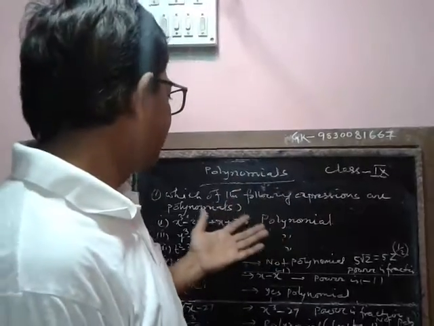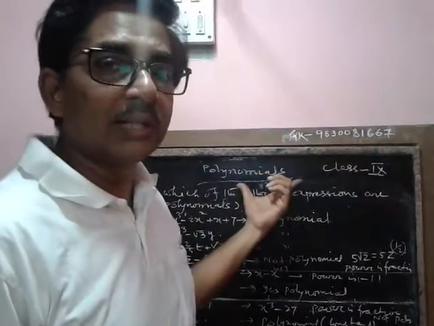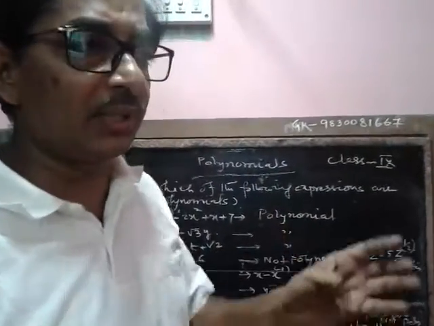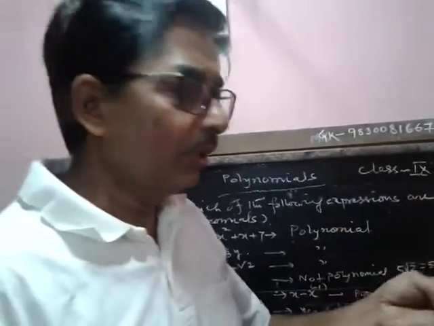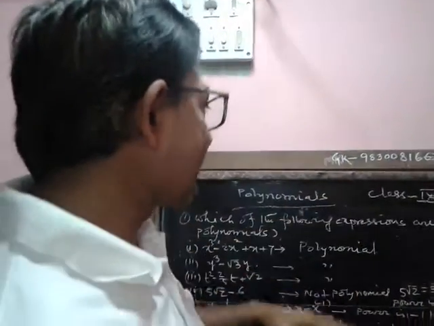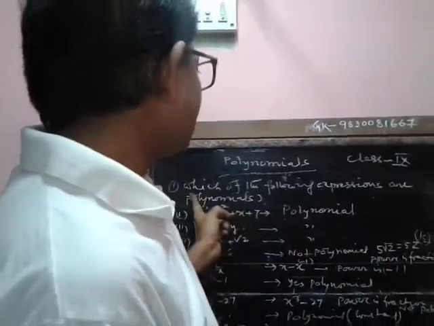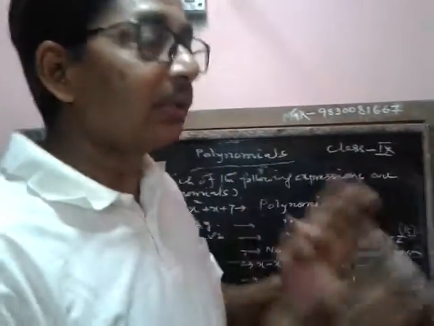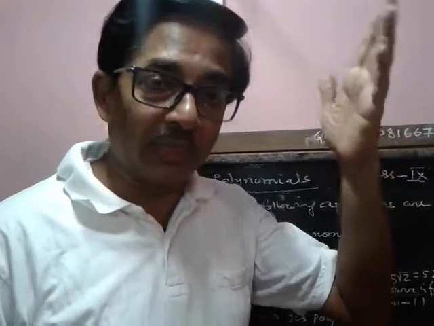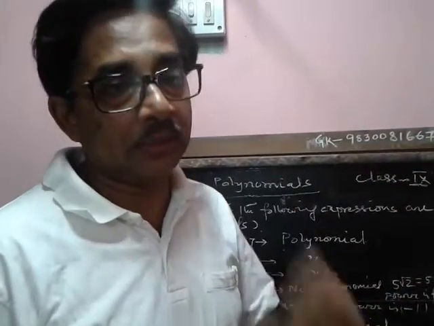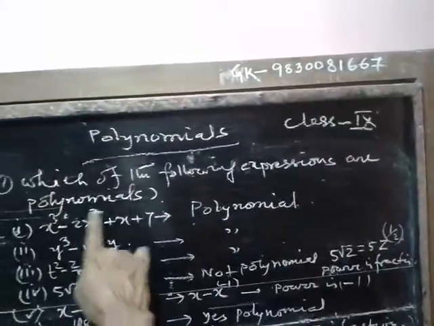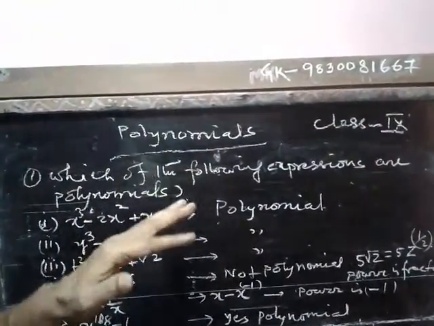In my last video, you have seen what actually are called polynomials and how we could understand the terms, the expression, constant term, variables, etc. Now in this exercise, you will see how to solve problems using the concept of the polynomial very clearly. Now see number one, which expressions are polynomials, then you could understand what actually a polynomial is.